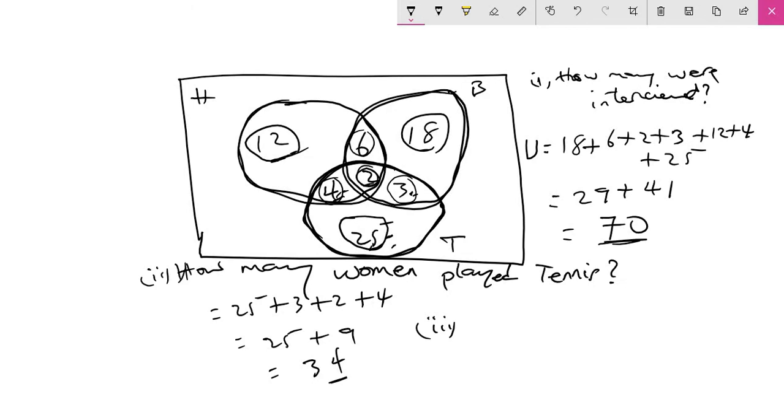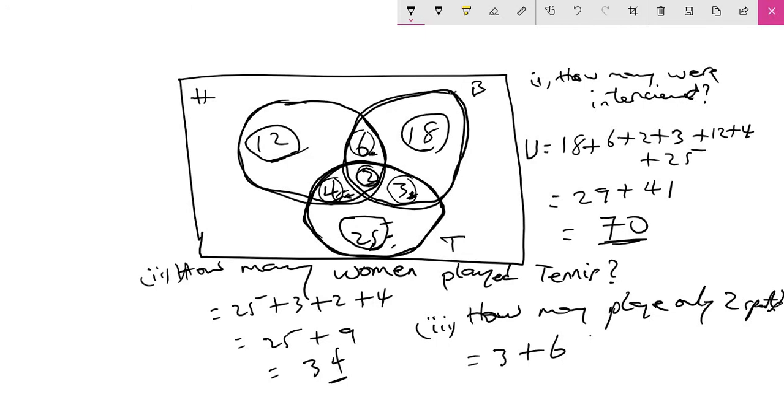So the number of those who played only 2 sports, meaning played only 2 sports, means we add this to this and to that. So we have this equal to 3 plus 6 plus 4, and this is equal to 13. So 13 women played only 2 sports. So I hope you got that right. Okay, now let's move on to